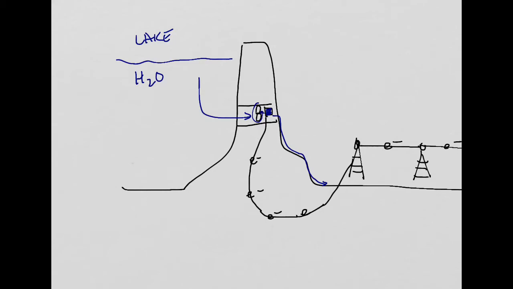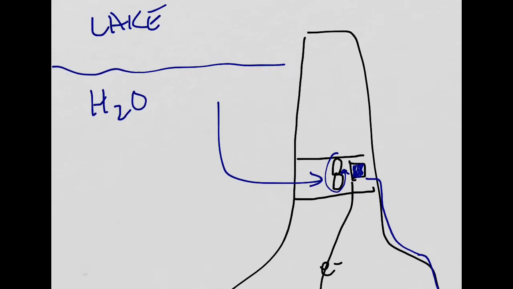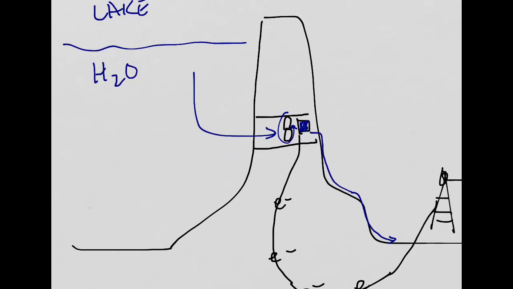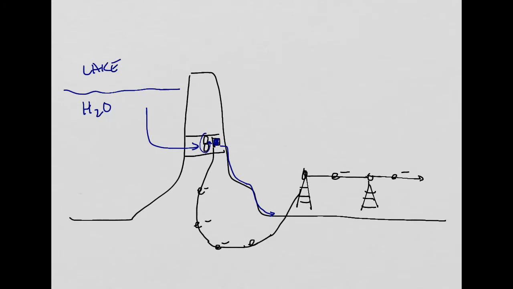But it has to have this lake built up over here. If you don't have this lake of potential energy, you're not going to have a flow. So for example, let's say we have water on both sides of this dam. Let's say it's a massive flood and we have water on both sides of the dam. Well, the water's not going to be encouraged to move in this direction, right? It's not going to be cruising out through here because there's no potential energy. There's no difference in potential energy that exists on either side of this dam. You really have to make sure that you get rid of this so that we always have that constant flow